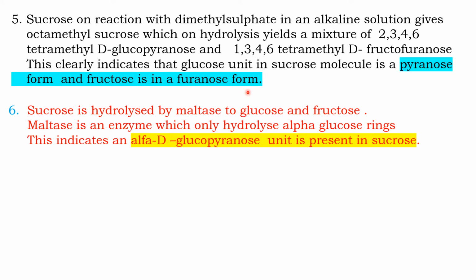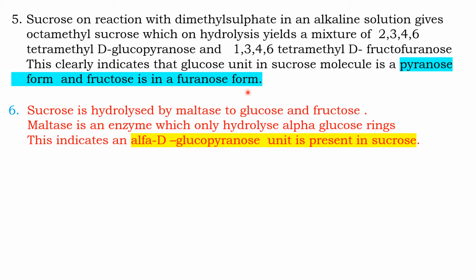Please draw it in your book or notebook and see the glucopyranose structure. The first carbon atom is connected with the fifth carbon atom and it has a hexagonal structure. While for furanose, we have a pentagonal structure in which the second carbon atom is combined with the fifth carbon atom. So we confirmed the molecule has